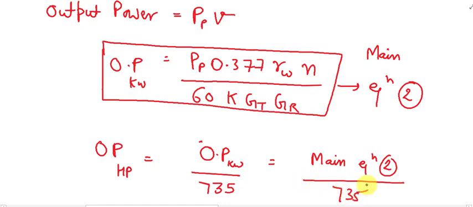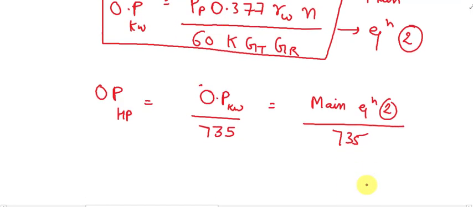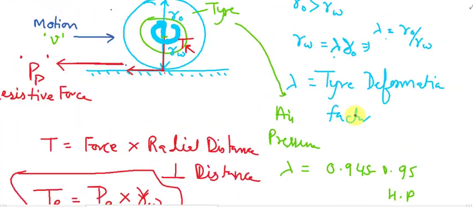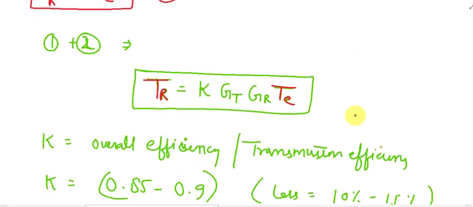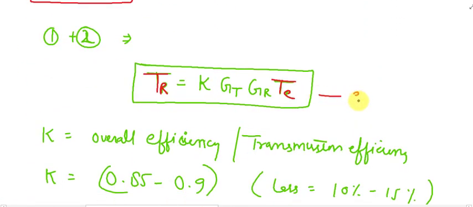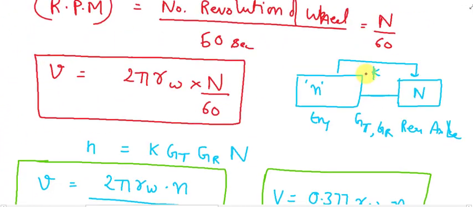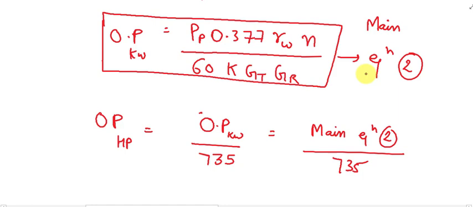So this is all about today's lecture, where we have found our equation number 2 and our equation number 1, main equation number 1. In the next lecture we are going to deal with the numericals related to these two equations,